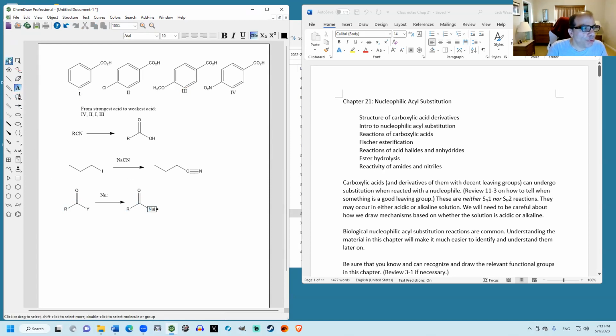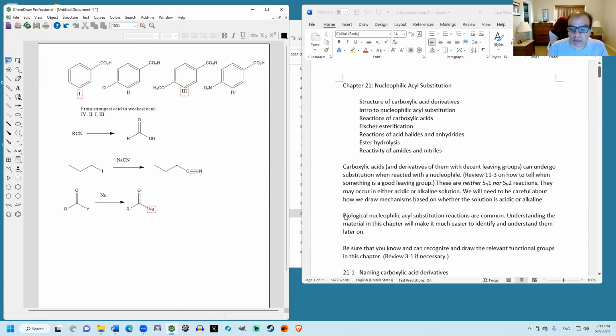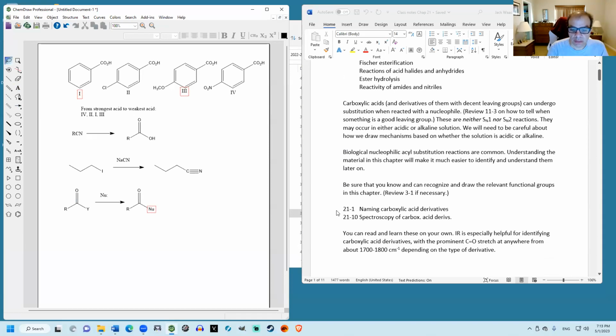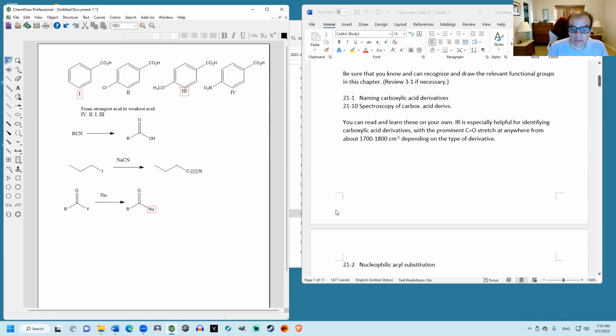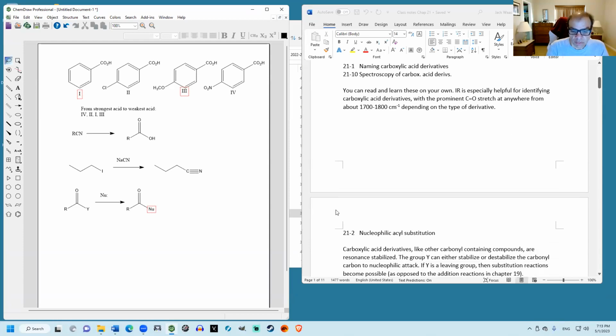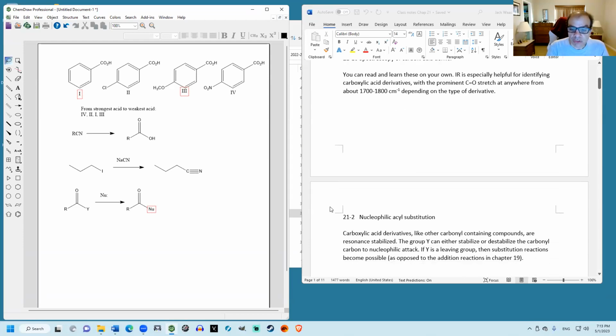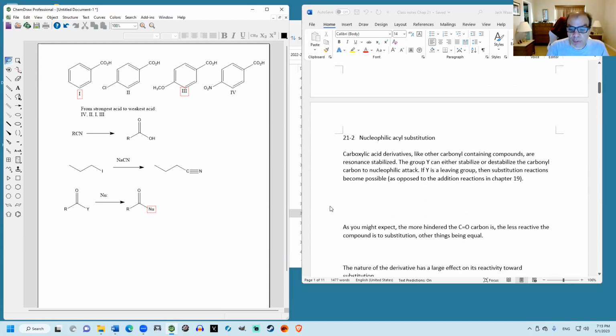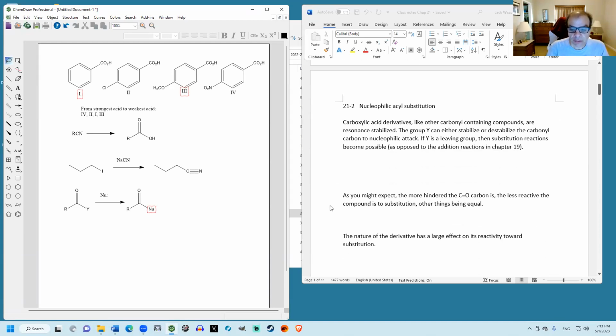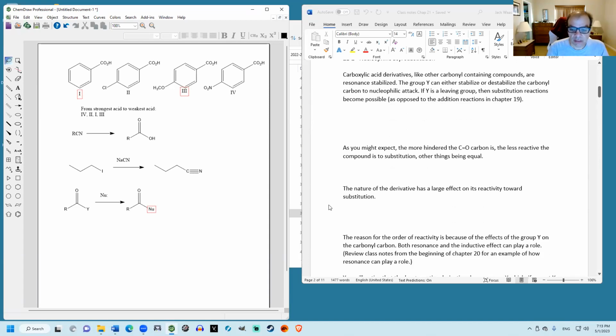So you get substitution products. I don't know why it's giving me that red border there. So for this chapter, you need to know all of your functional groups, which you need to know anyway. And we said the order of the reactivity in terms of Y